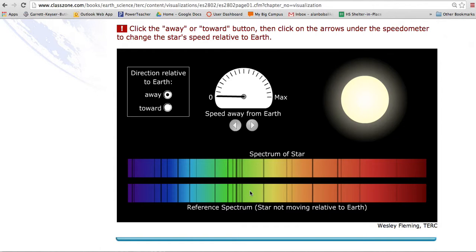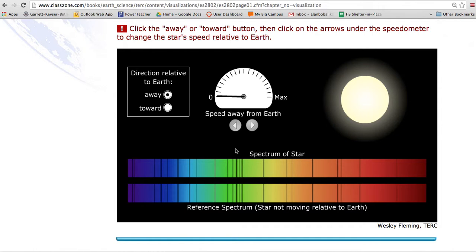If you're driving on a highway at 70 miles an hour and a car is driving right next to you at 70 miles an hour, it almost looks like that car is not moving. That's because you're both moving at the same speed. So that is this absorption spectrum right here. The one on top is an absorption spectrum of a star that is moving either towards or away from us. So here's what happens when we look at absorption spectrums from stars that are moving towards